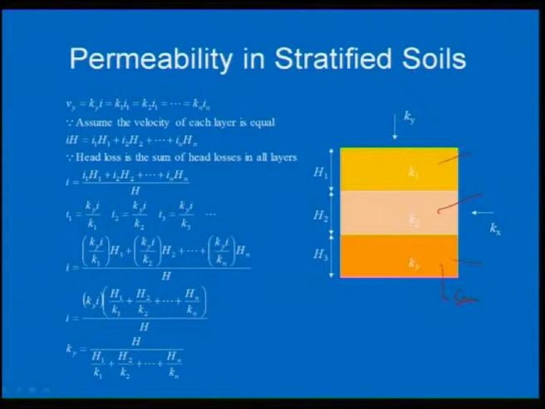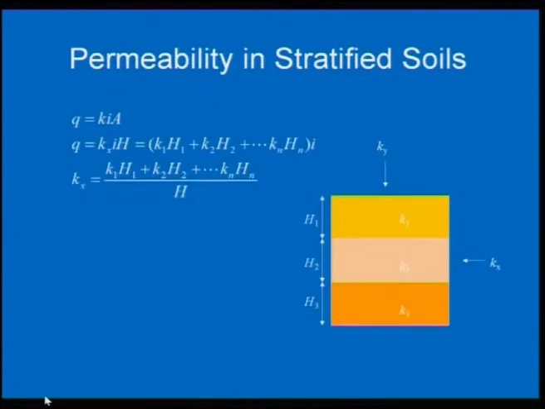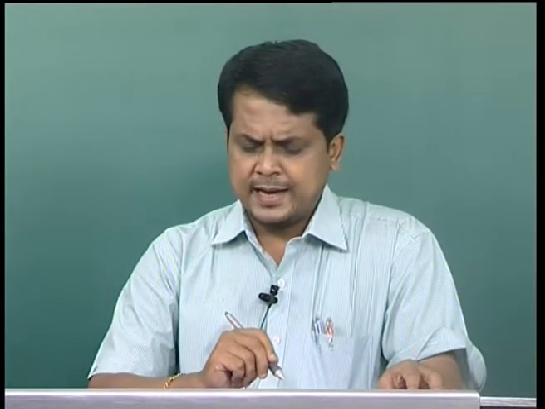So, for this Ky you can get it, this is how it has been derived. Ky, permeability in y direction for stratified soil deposit, you can get by H divided by H1 by K1, H2 by K2, up to Hn by Kn. With this help you can find permeability in the y direction for stratified soil. Similarly, in the x direction also you can find it out, because as I said stratification may be in the x direction as well as the y direction. That means you can find it out as K1 H1, K2 H2 plus up to Kn Hn, divided by H.